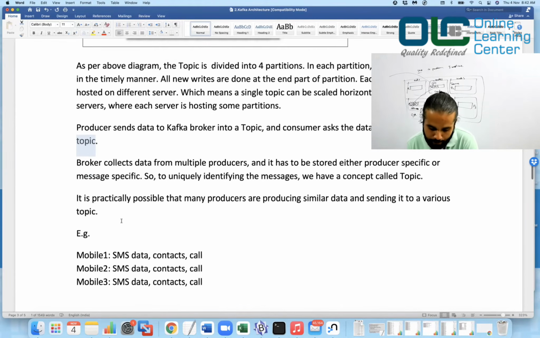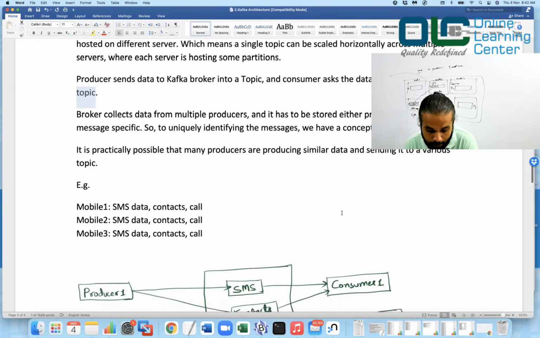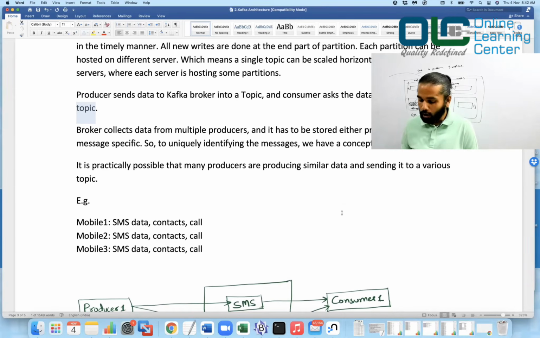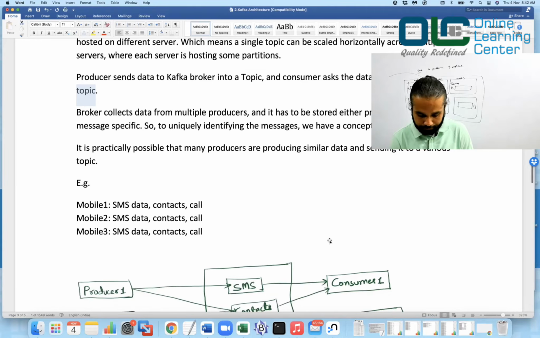Now it is practically possible that many producers are producing similar data and sending it to various topics. For example, I may create a small mobile app and install that app on my mobile device, and that mobile device will start sending the data by classifying it. For example, look into this.